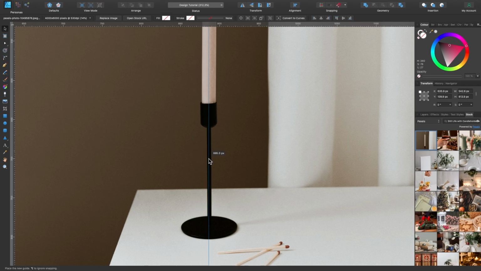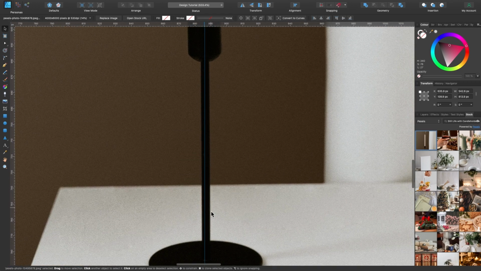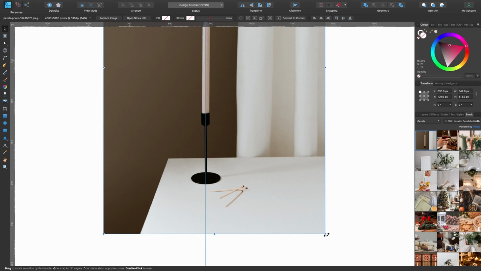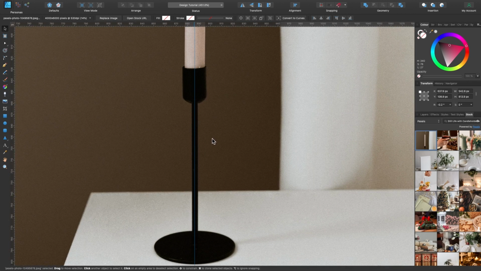I'm just going to put it in the middle somewhere like that, and zoom in to see whether it's properly vertical. It isn't, look. It looks like it up here, but it's not down here. So I'm going to zoom out slightly, grab one of these handles and rotate it around. So I've rotated it a little bit. I'll click and drag that just to test. That looks vertical to me.